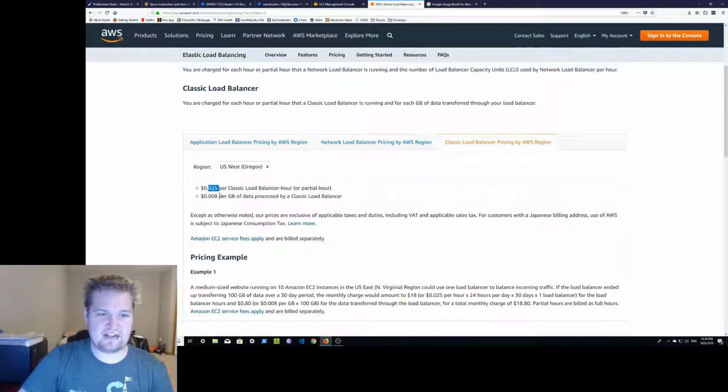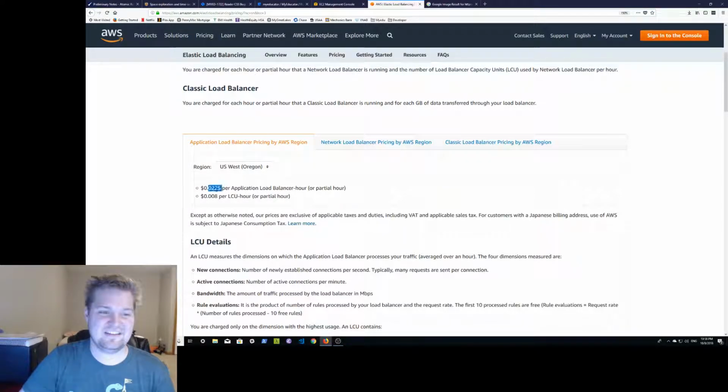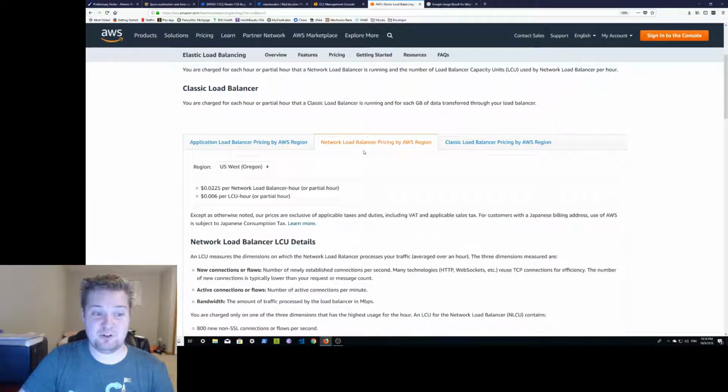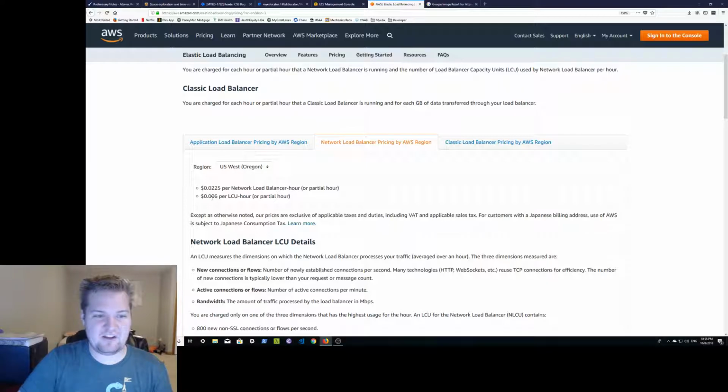Per hour that you run a classic load balancer, it's 0.025. All right, per hour. Network load balancers, 0.0225. Okay, so they're 2.5 cents cheaper. Application load balancers, the same. So you see an application load balancer, now a network load balancer is even cheaper. The network load balancer is actually the cheapest and the fastest